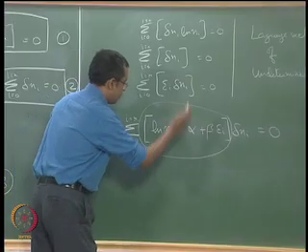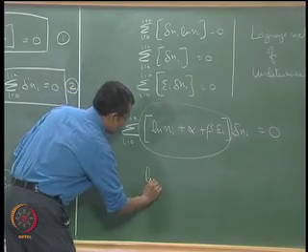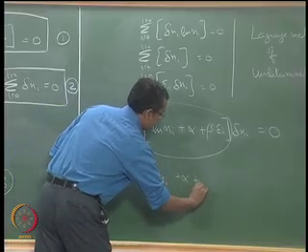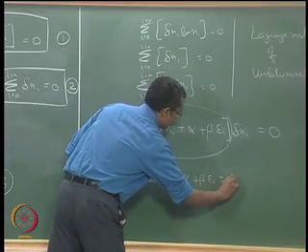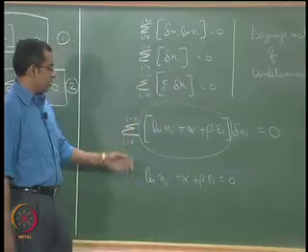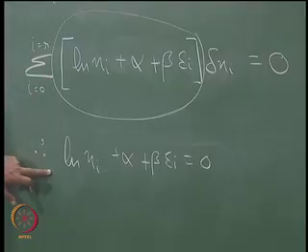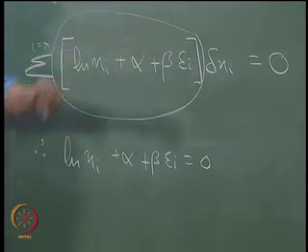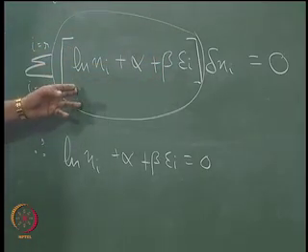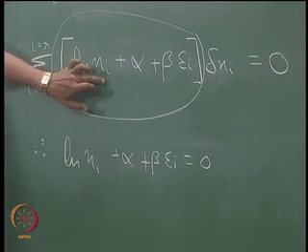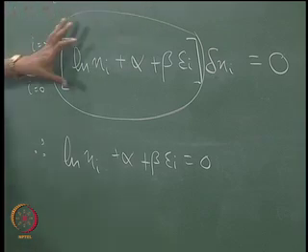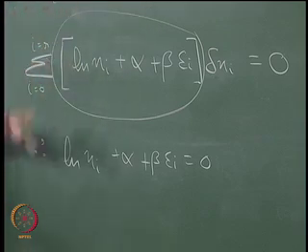So we have changed this entire mathematics to say therefore ln ni plus alpha plus beta epsilon I should equal 0. Now notice we have removed the sum, the sum is no longer relevant to us. Regardless of the value of del ni it has to be 0, therefore this has to become 0. So all these preceding terms have to become 0, only then, for all possible values of del ni, will the final sum always be 0, because the term that precedes it is always 0. So this is what we have.